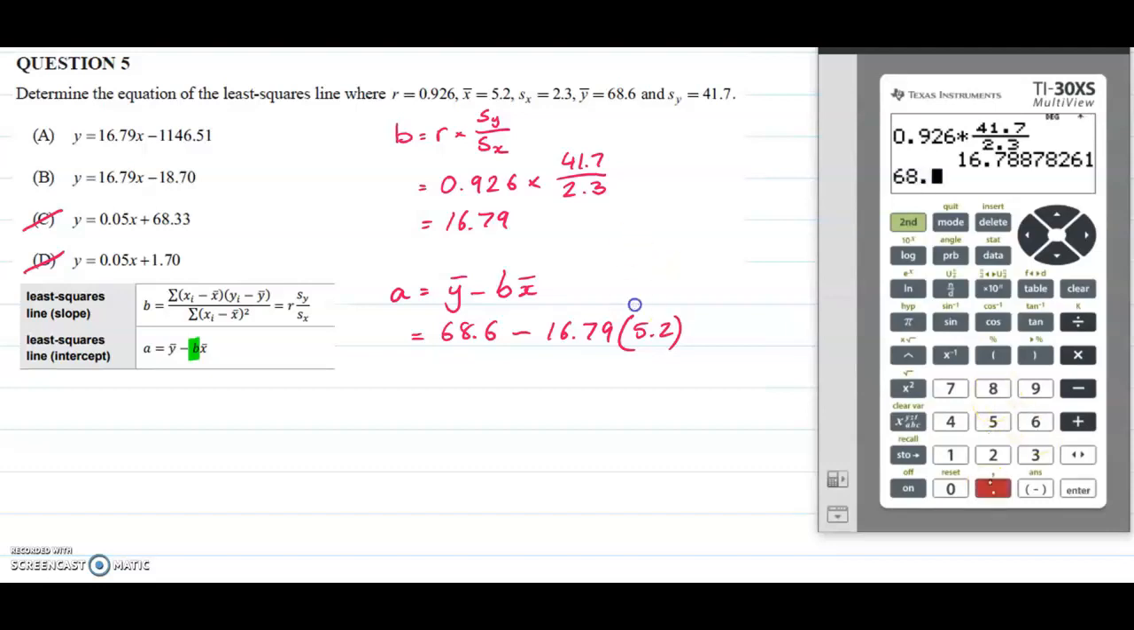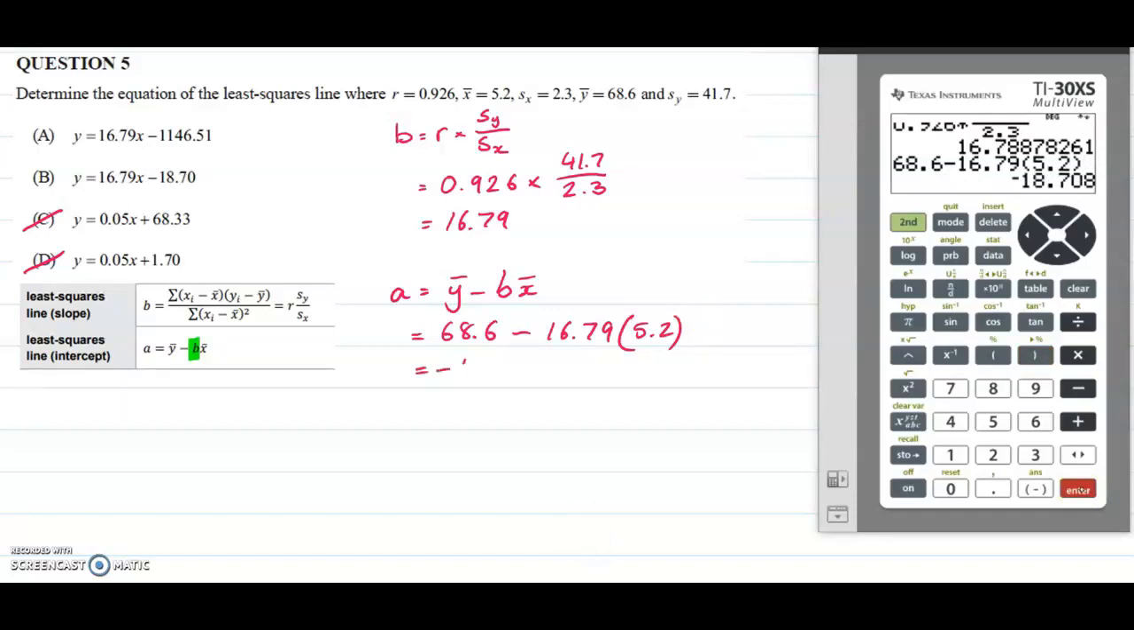So 68.6 minus 16.79 times 5.2. Now, when I'm entering this information into my calculator, guys, I like to use brackets. And if you do use brackets, you should really get used to closing them as well. So our solution there